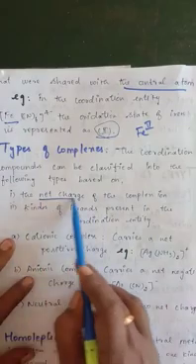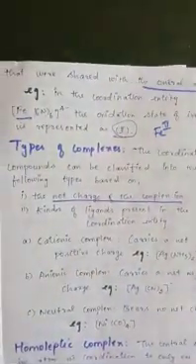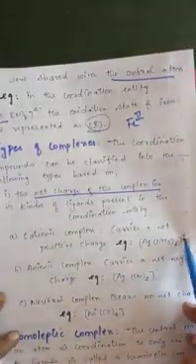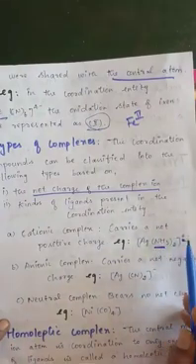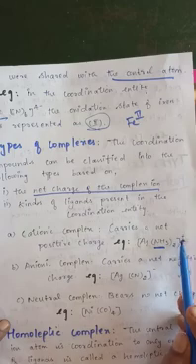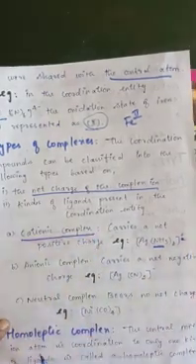What are the types of complexes? The coordination compounds can be classified into the following types based on the net charge of the complex ion. Suppose the complex is [Ag(NH3)2], a plus symbol will be there. Depending upon the ligand the complex charge can be predicted. NH3 is a neutral ligand, so a plus symbol will be there in the complex. So this is said to be a cationic complex.